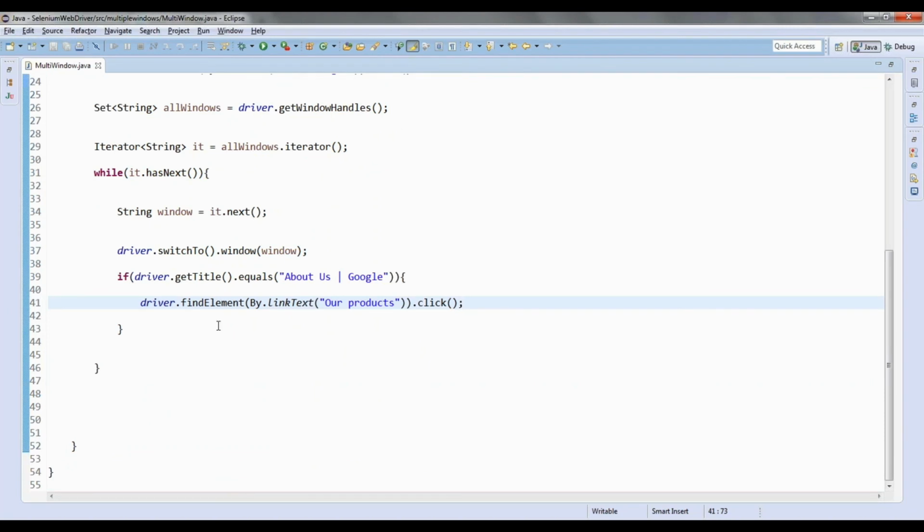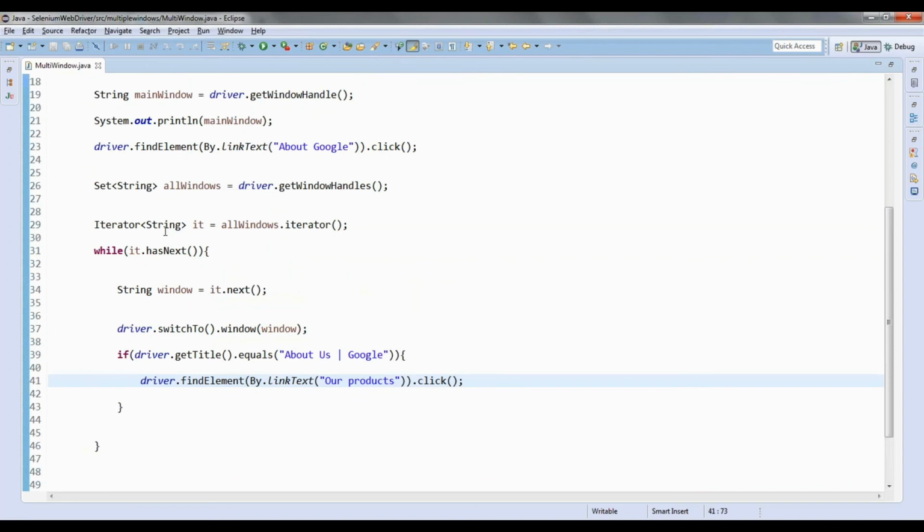You're understanding this concept before I run this? In my it dot hasNext, I'm just checking whether the next element is there or not, and then the next window ID I am going to store here, and then I am going to switch to that particular window. Initially it will be switching to the same window, the parent window.